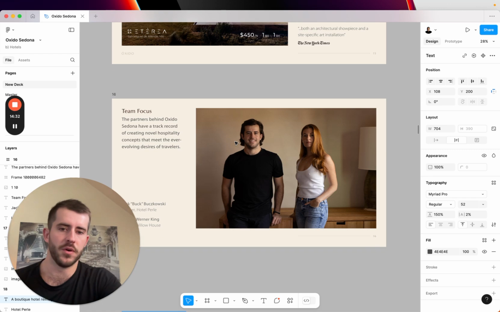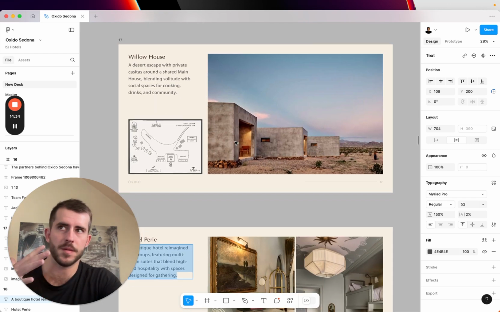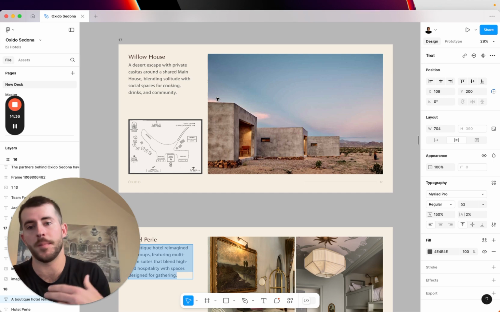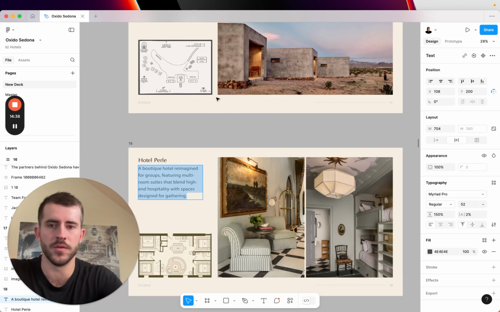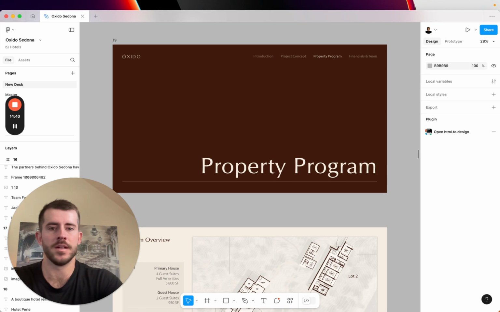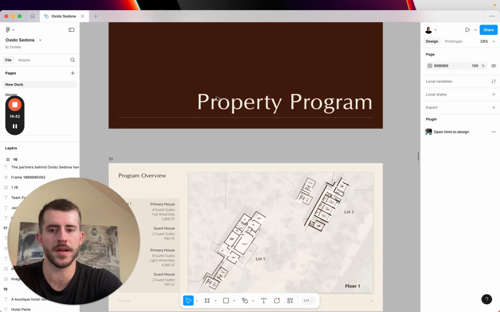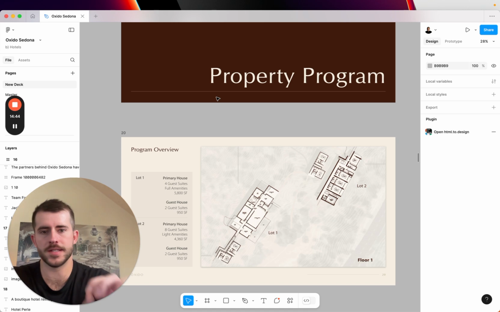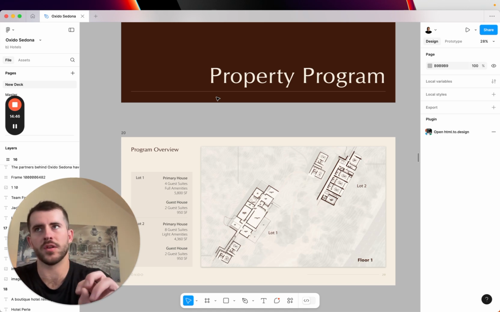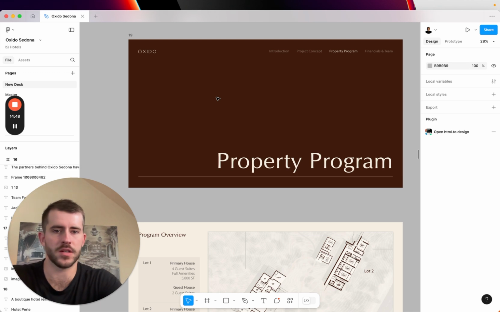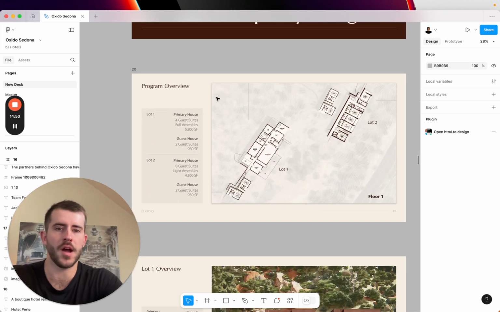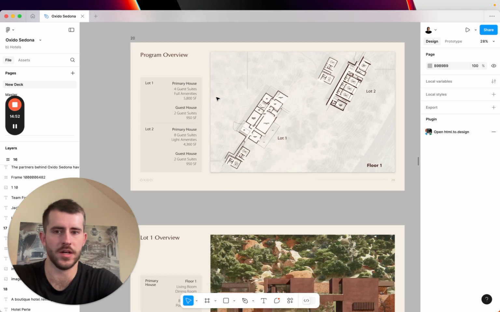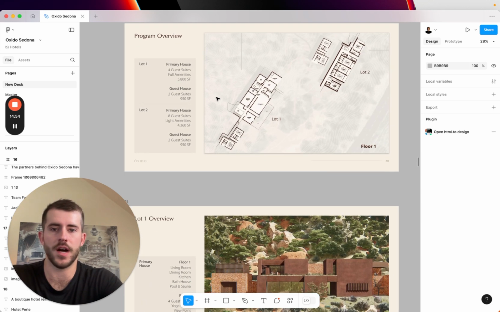So both those past properties back up why we are the team to execute on this opportunity. Now this section, it's very long, but we can move through it pretty quickly because I don't think I've ever included a section like this in a deck. I called it Property Program. I went deep into detail with a lot of visuals on just what's on this property, what does it include,